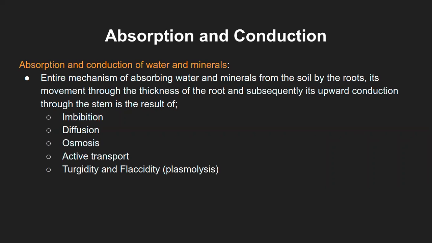is the result of various processes, which include imbibition, diffusion, osmosis, active transport, and what is called turgidity and flaccidity. These are two more important concepts, especially related to plants, and students usually tend to forget them over time, but they are very, very important. The other things you study in physics and chemistry, like what is diffusion and what is osmosis, you may not forget, but these are very plant-specific processes. Okay, so then